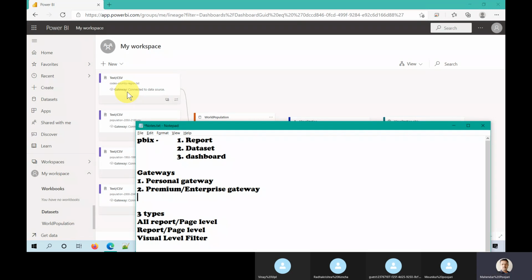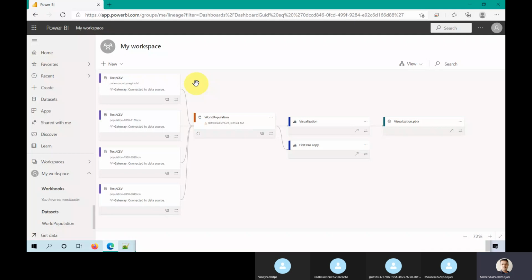Why do we need a gateway? Because these text files were on my local computer, saved in my D drive. The PBIX file on my computer can connect to my D drive, and I can refresh whenever I want.